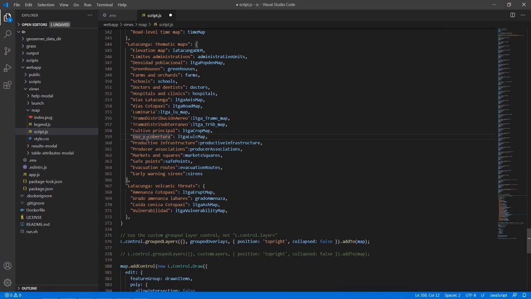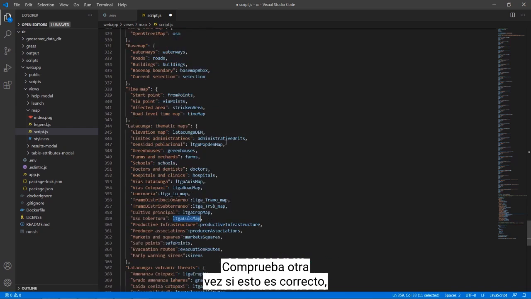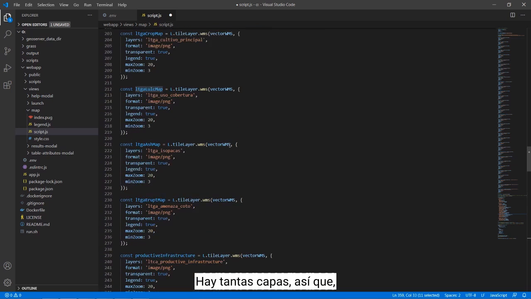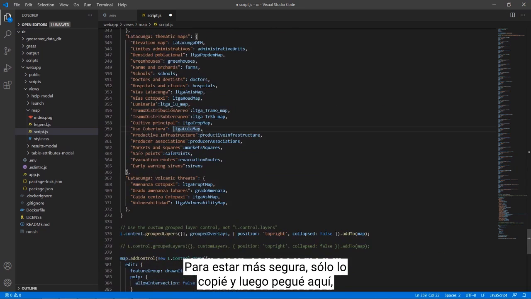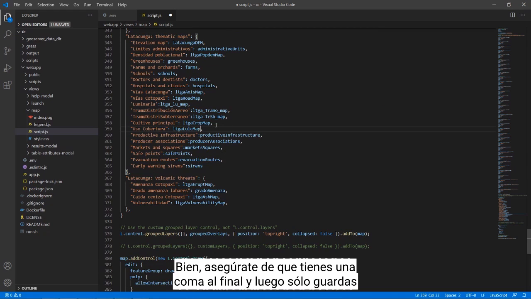So double check again if this is correct. Scroll up. There are so many layers, so this is it. To be more safe, I just copy it and then paste it here. Seems like it's okay. Okay, so make sure that you have a comma at the end, and then you just save